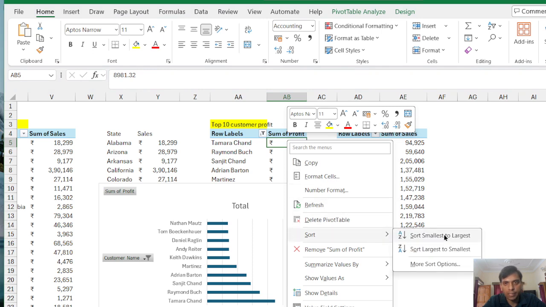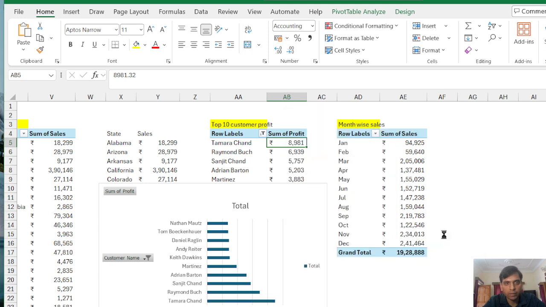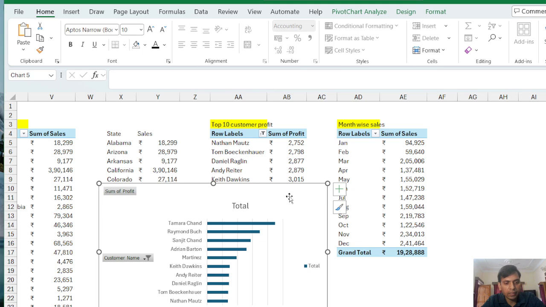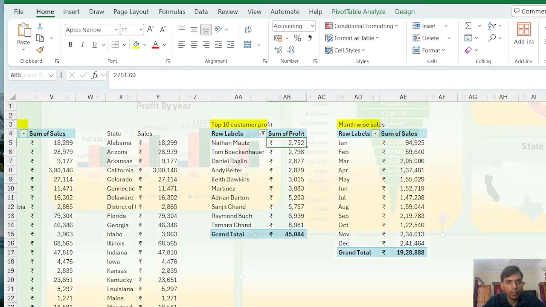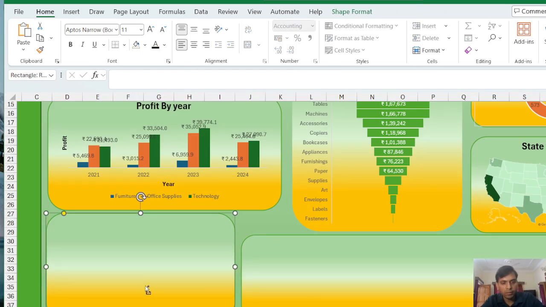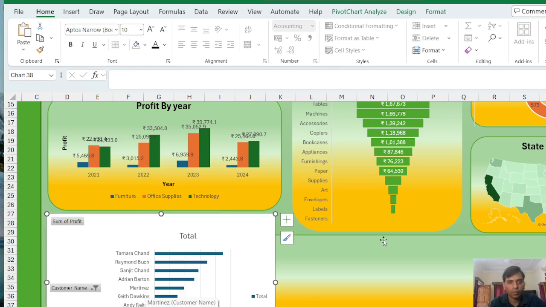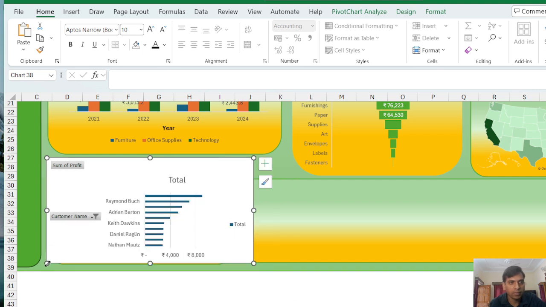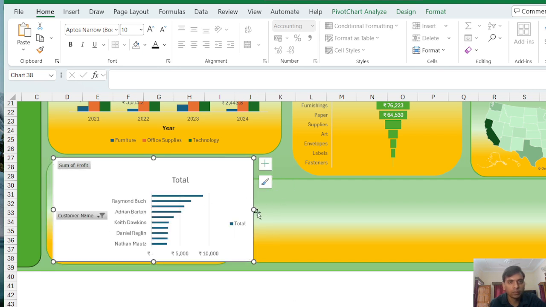We will sort as smallest to largest. So now you will see this reflection in this graph. Now again we will cut this chart and paste into this, and then we will reduce the size as per the available block,